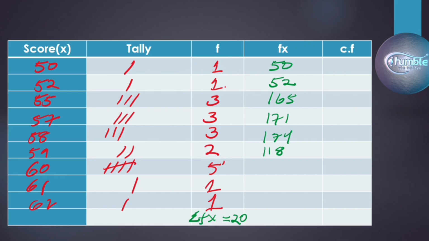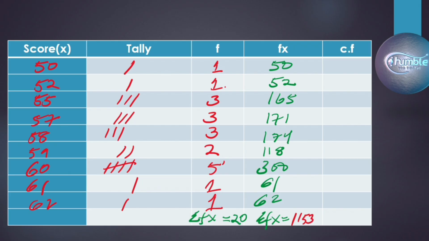And then 5 by 60 is 300. And then this one is 61 and 62, in that order. And then we can now add the sum of f of x. If you add these values, it should give you